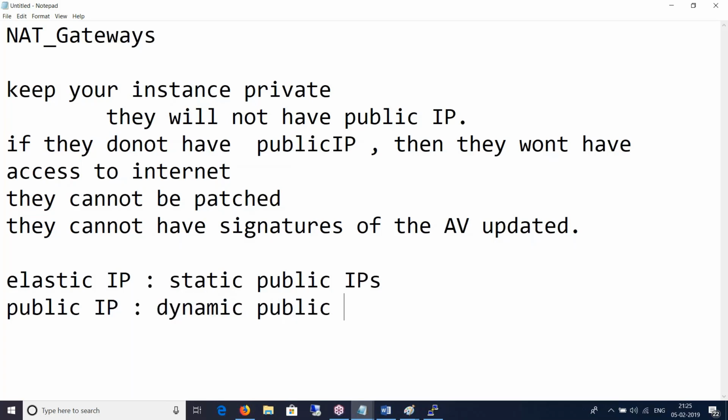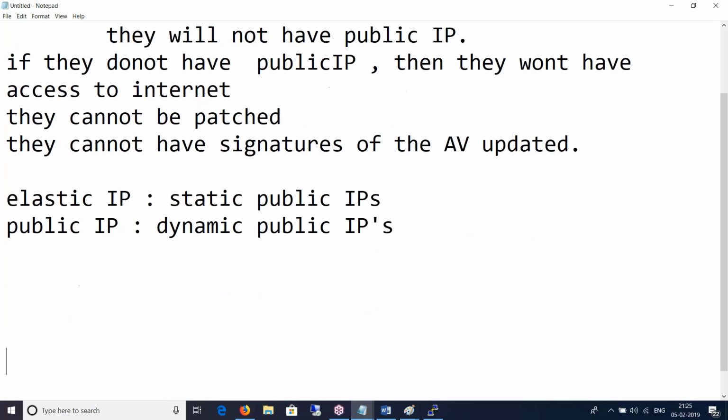It's a dynamic public IP. But regardless, it needs a public IP of some sort, either static or dynamic, for the virtual machine to have internet. You'll actually see it in the lab when we do it.